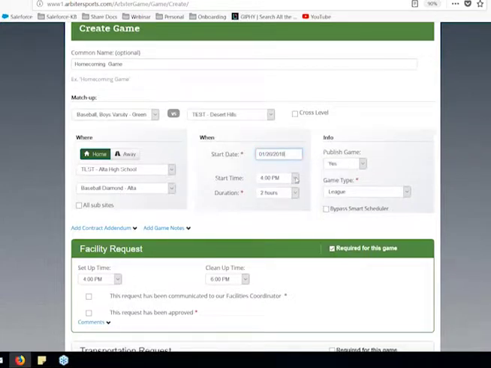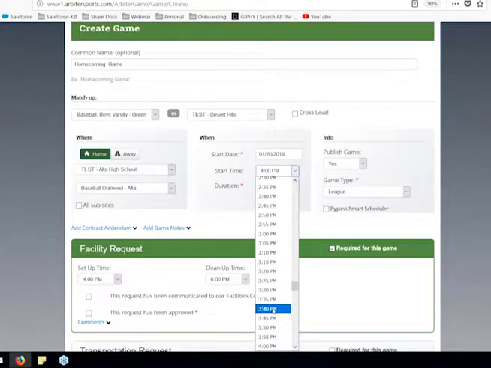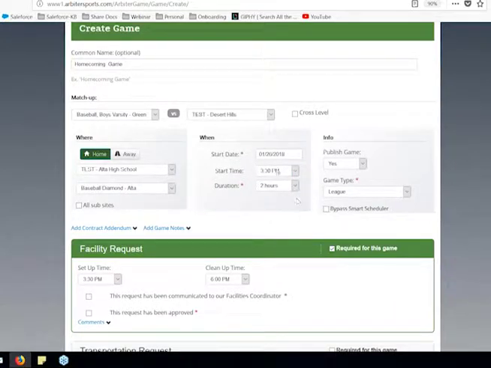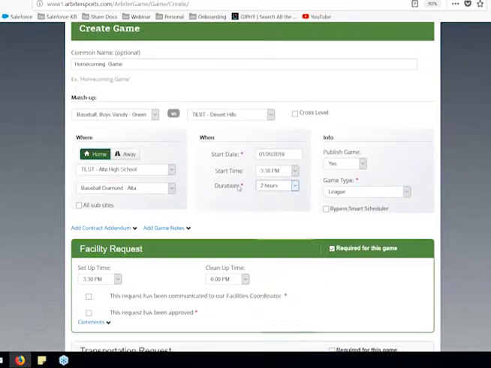So then we get into our next section, which is the start date. You want to choose the date on which this game would be played. We're going to be playing at the end of this week on the 16th. And we can set our start time at 4 o'clock. Now this 4 o'clock is something that we've automatically put into our team section, but you can change the time at any time. We're going to say that our varsity team plays at 3:30 instead of 4 o'clock.